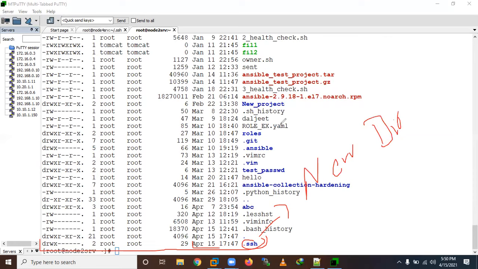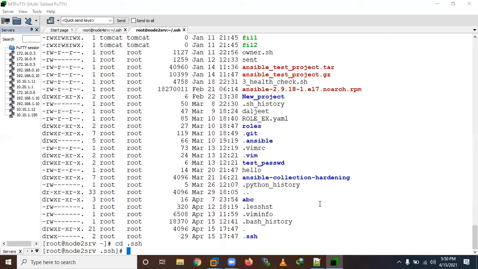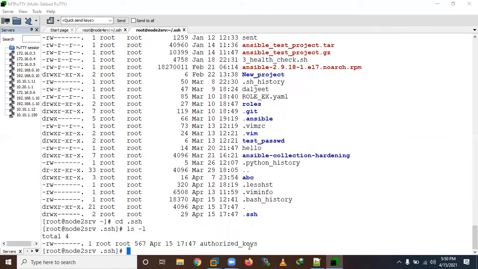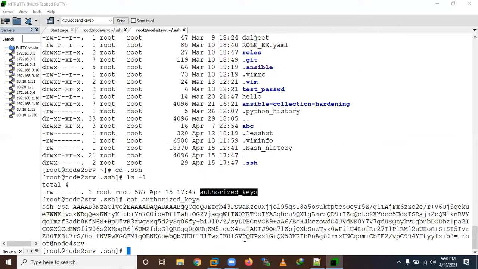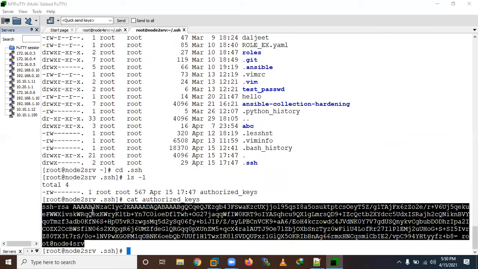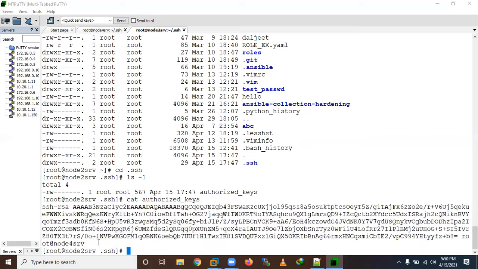When we performed ssh-copy-id, it created the directory. Then cd .ssh and ls -l. So this is authorized_keys. You will see this is a key here. If you want to cross-check, it is your public key.